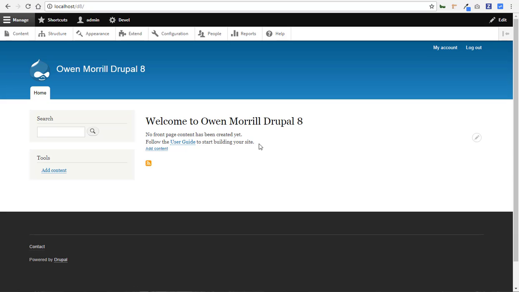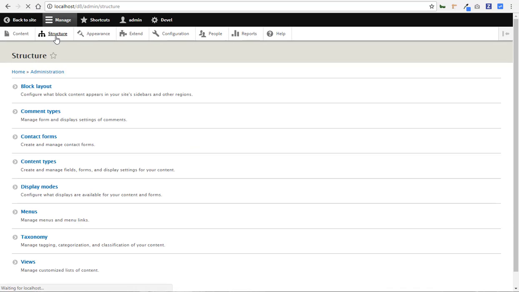I am Owen Morrill. Today we're going to be working on Drupal 8, learning the menu system. So first what we're going to do is go up here to structure. This is the admin toolbar or the nav bar in Drupal 8. You'll notice we don't have the overlay like we had in Drupal 7, but we go to menus, click on that,